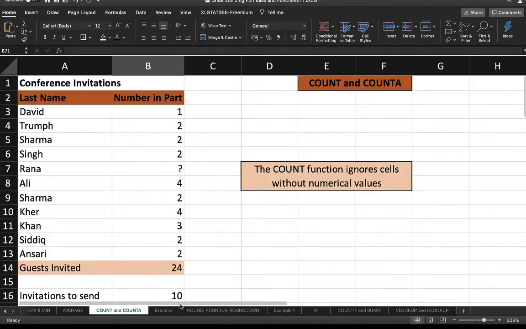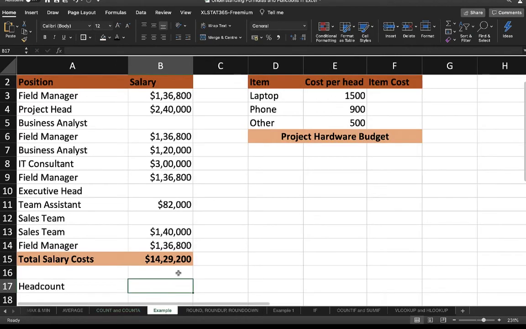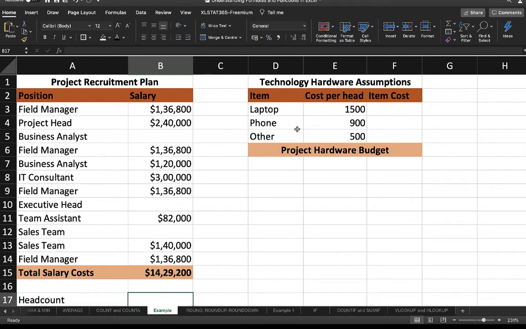Now I'll show you with the help of a model how we use this count function in our financial model. In this example, basically the count function is used to calculate head count in a budget. Here is the head count that I will calculate. Now here you see we have different positions of people and their salaries, but some are blank.